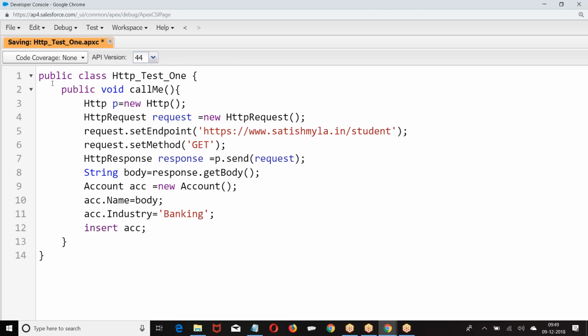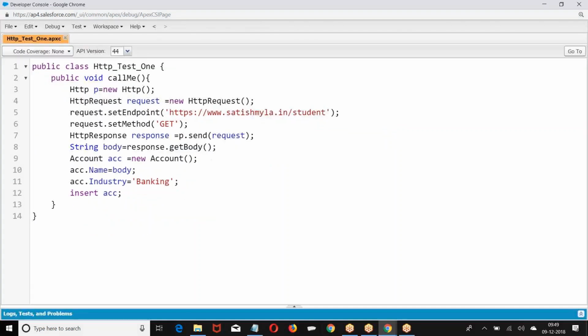Now, this is my program. What is the purpose here? I'm going to make a request to that. Whatever the body you are giving, with that I'm creating my new account. I'm making a call to you. Whatever the data you are sending, based on the data, I am creating my new account. This is my functionality. Now I want to test it. Now, if you want to test this,